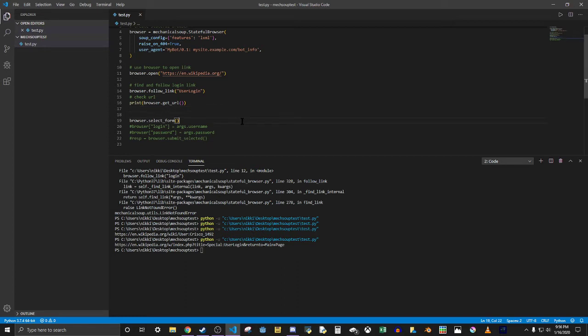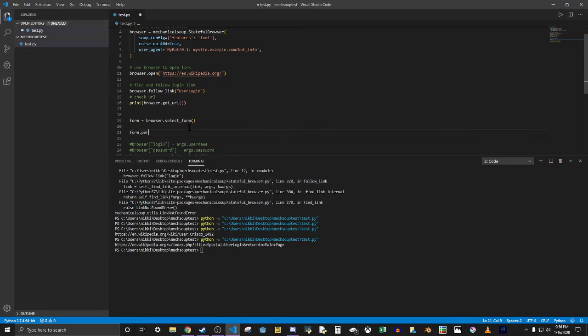I'm going to run it without checking to see if that actually works. And then let's plug that into a variable, form equals. And then we can say form